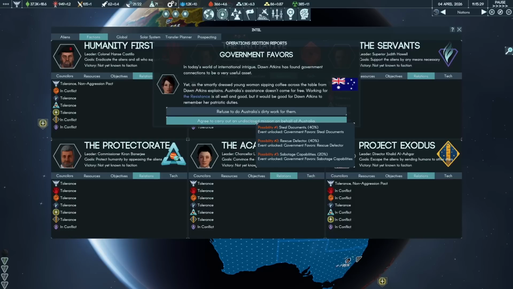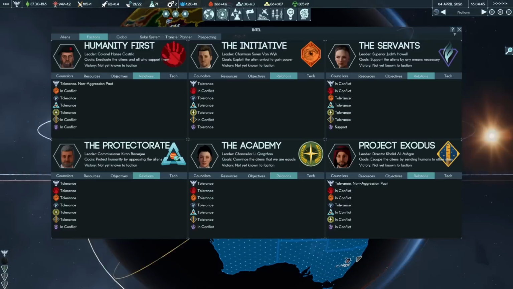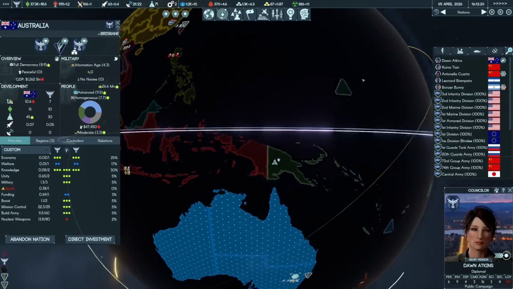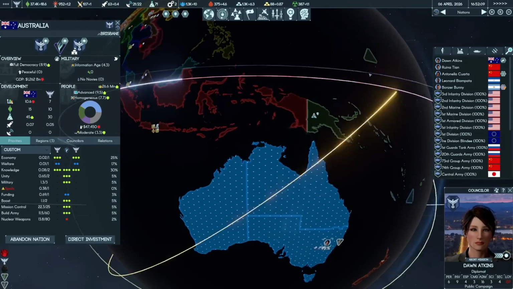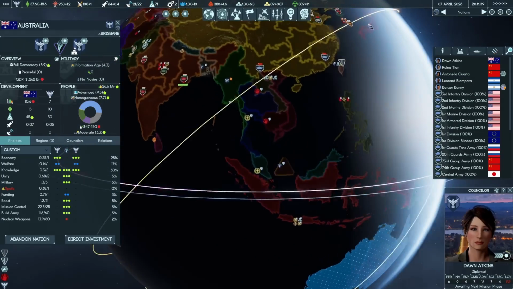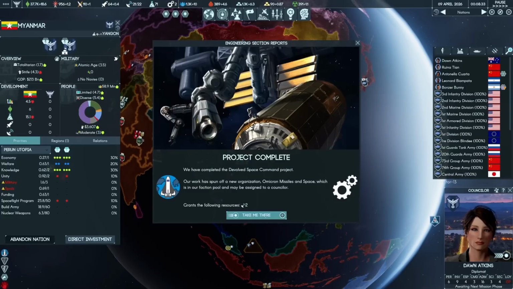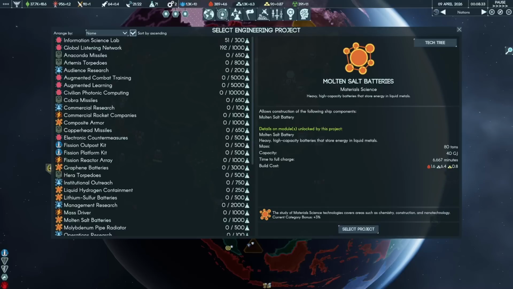Okay, Australia is asking us to do something. We'll just do it, because I don't want Dawn to be shot by Australia. Winning their hearts and minds, people. We've abandoned Myanmar, which gets us up a little bit, and we've done Devolve Space Command, which should up our MC just a bit. I think now we grab...